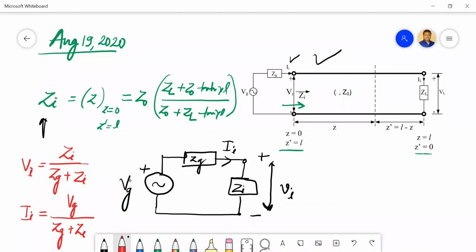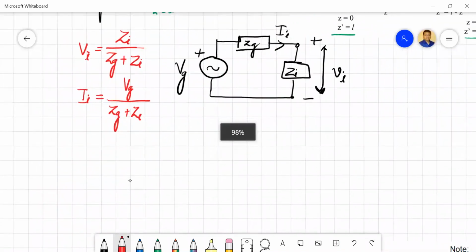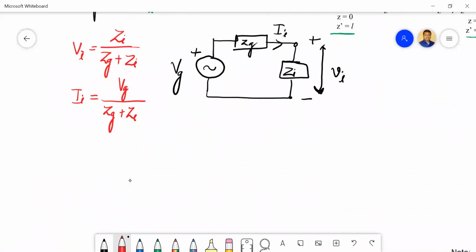So one can directly write these formulas to find Vi and Ii. There is no big deal. Once we have a circuit, we can do a number of operations, because we are very comfortable with these kinds of circuits. Once we have these things, particularly the input impedance, and we realize them in a very simple situation, one can write down expressions for the average power delivered by the generator to the input terminals.